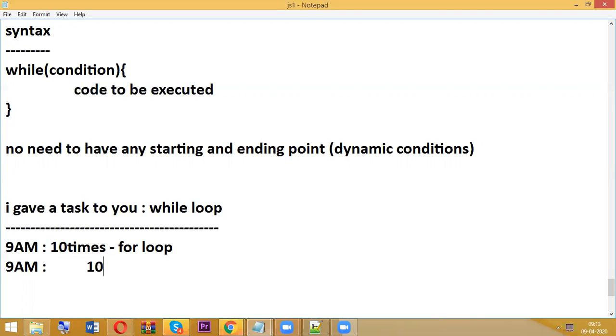Assume that I came at 10 a.m. You don't know where to end. Between 9 a.m. and 10 a.m., because I gave the task at 9 o'clock and came at 10 o'clock, there is a 1 hour gap. In this case, some students will write 5 times, some students 10 times, some students 100 times, because you don't know where to end.